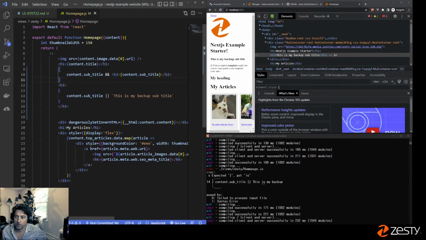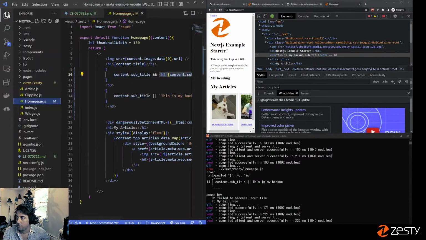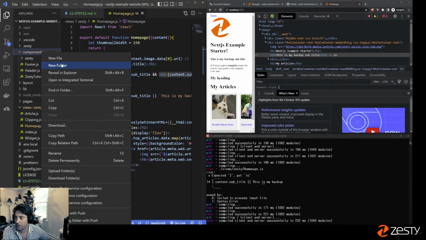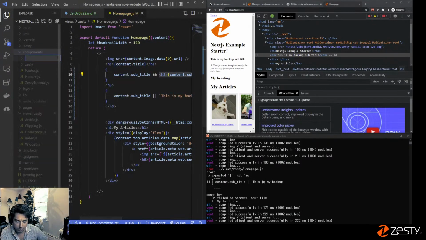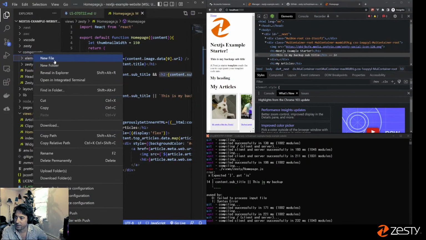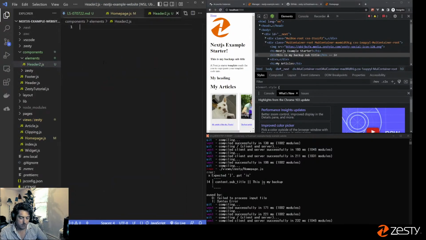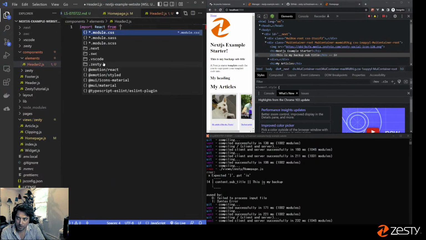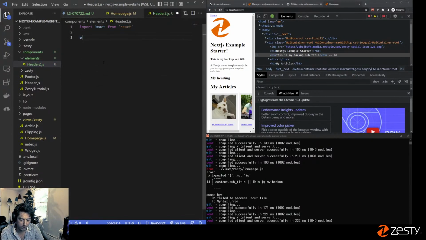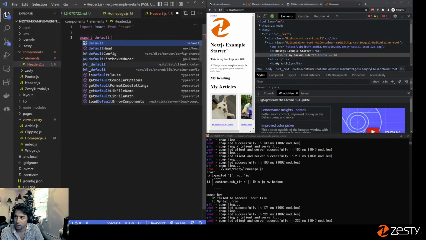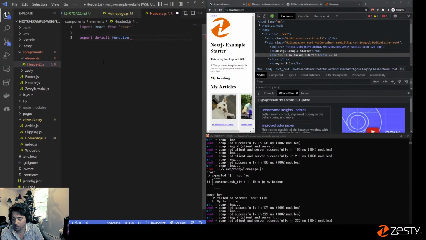So let's go ahead and make a component. We'll go in components, and I'm just going to make a component. Let's organize it. We'll call it, I don't know, elements. Not the best title name, but we'll call it new file, my h2.js. Actually, let's give it a better name. Call it header2. We're going to import React from React, and we're going to export default function header2, and we'll return